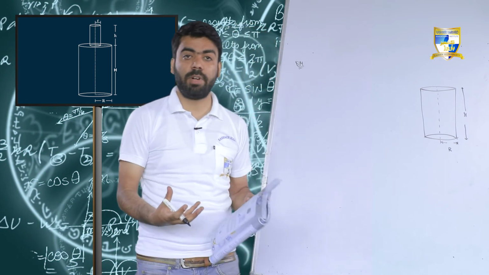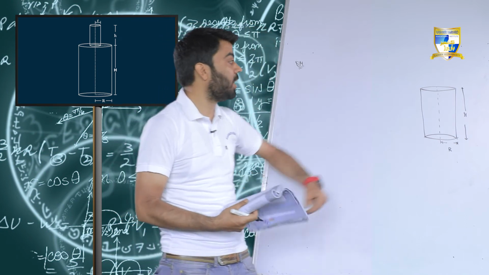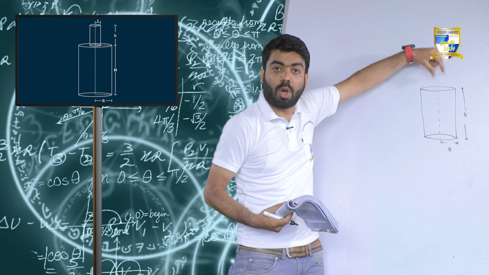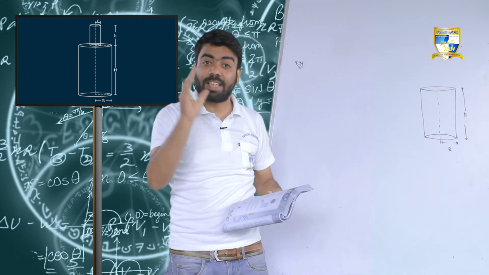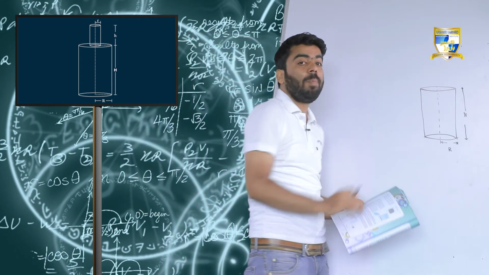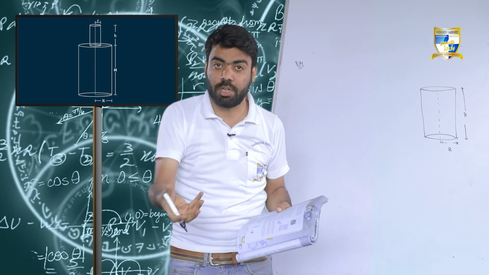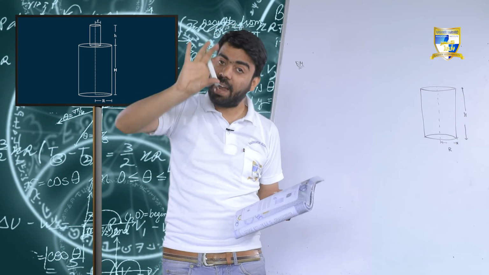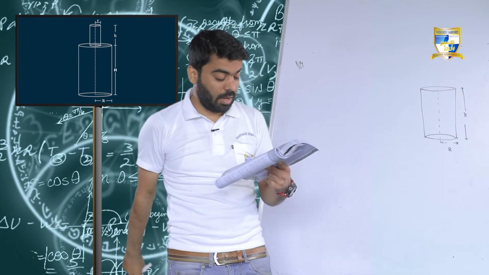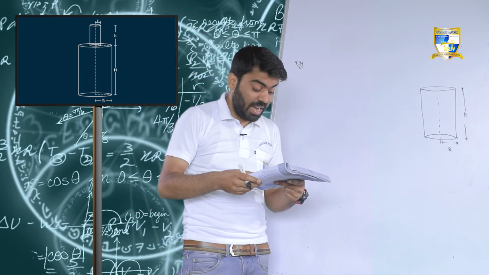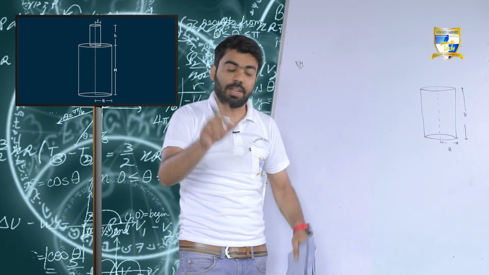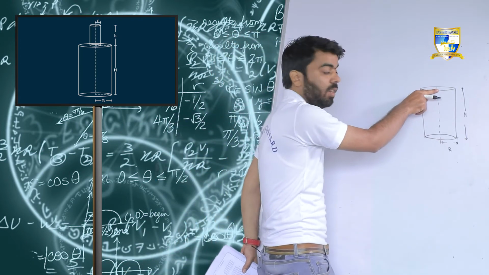What do you mean by surmounted, sir? Surmounted means the object which is on the top of this object. But here is the case, the object on the top is not equivalent in dimensions. That is small, the height is small, and the diameter is small. That is 60 centimeter height, and radius is 8 centimeter. That means the axis is here.